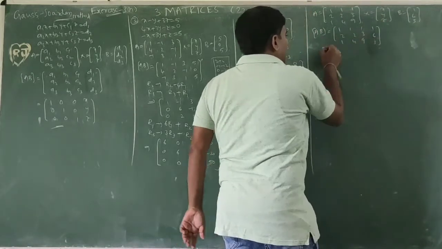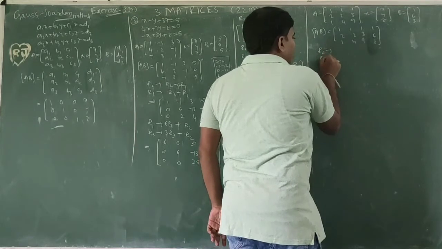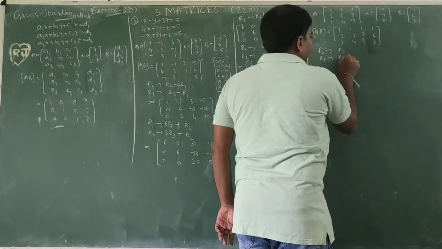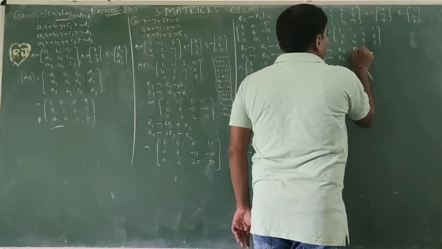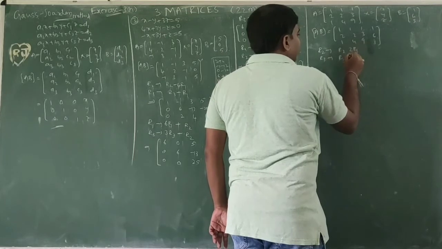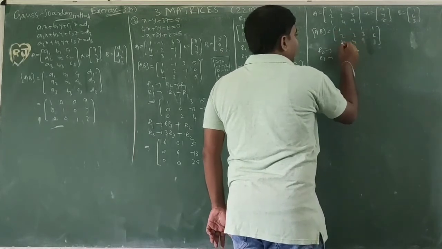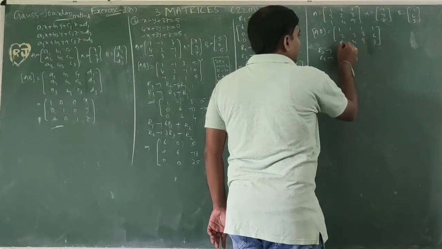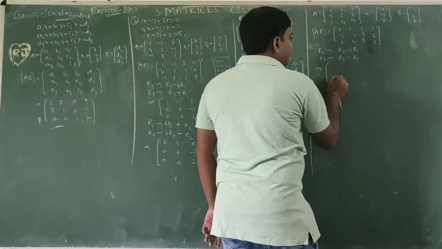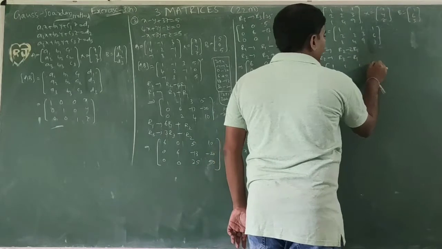So this is R2, R3. Why are we changing R2? R2 compulsory. Why are we changing R3? R3 compulsory, with the help of R1. So this is 2, this is 1, balanced. So same sign, minus. This is 1, balanced. Same sign, minus. So next, first row as is: 1 1 1 1.